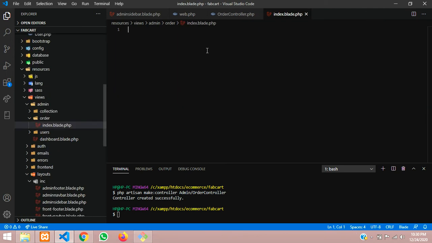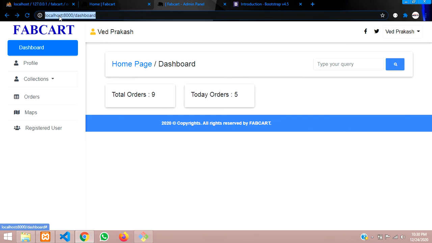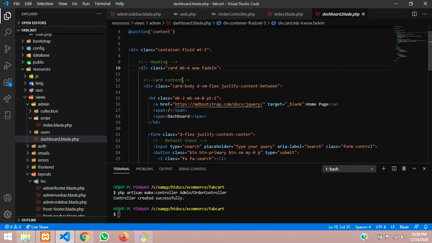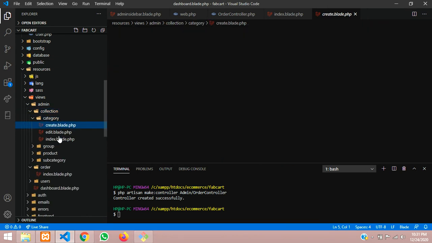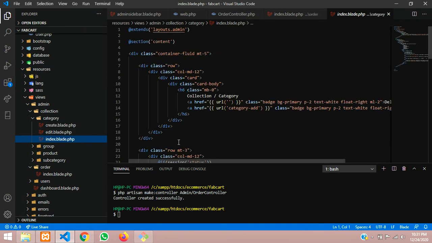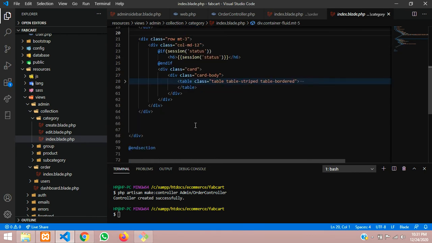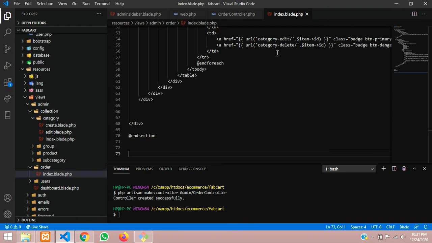Now for the front-end design, we have already used the output for our product pages. We will extend with this same thing. Let us just use the same. Where is it? Okay, yes, here it is, the product index. This will be our base. Let's copy this same thing, and whatever we require we'll keep, or else we will remove it. Let us copy that and paste it here.